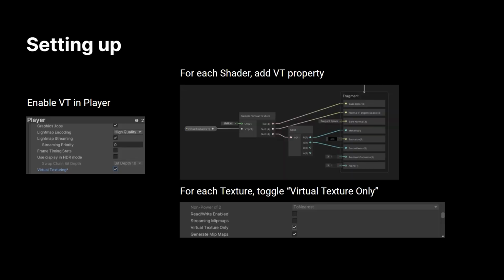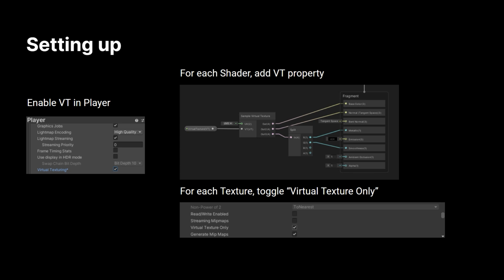So how to actually use streaming VT in your project? First, you need to enable VT in your player settings. It is a project-wide setting. That means you cannot enable or disable it per player, per target platform. And